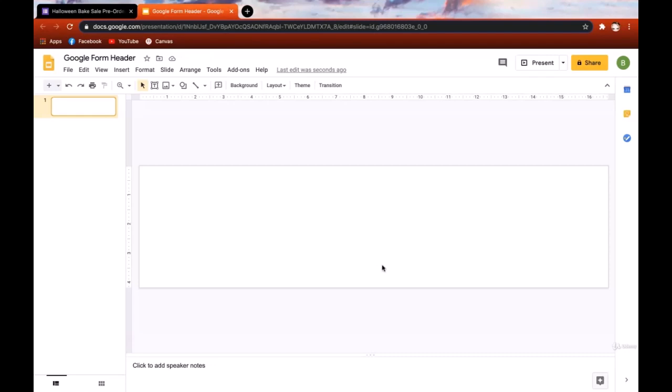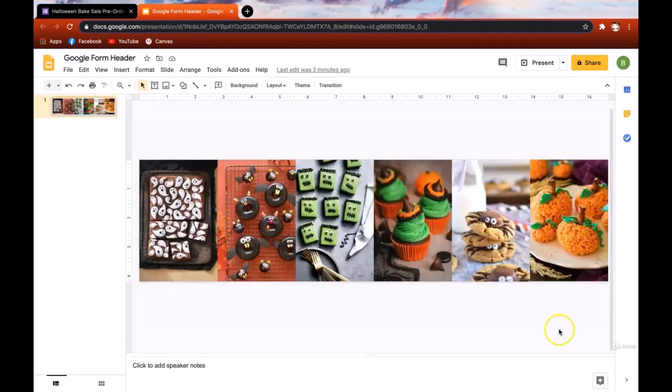Once you have this sizing down, you can just go ahead and design your header by either uploading logos or pasting Google images onto this new page. Now I'm just going to mess around with it and create a new header. So this is the header that I just quickly made, and once you are done with your design, you will